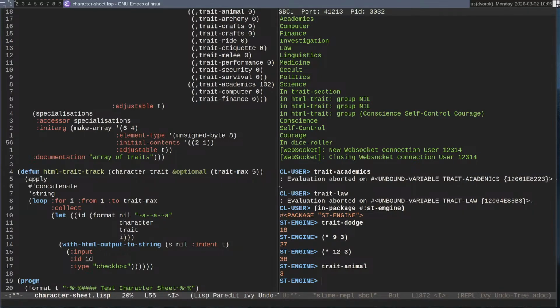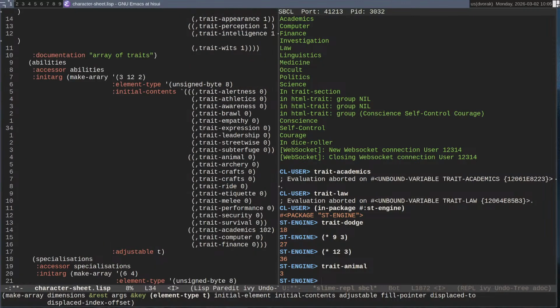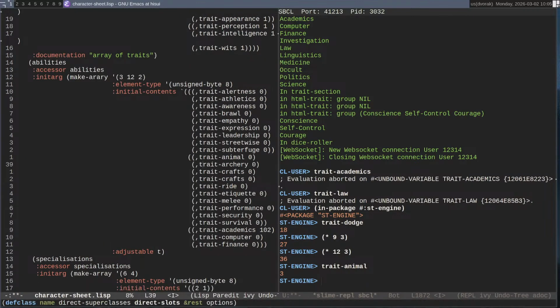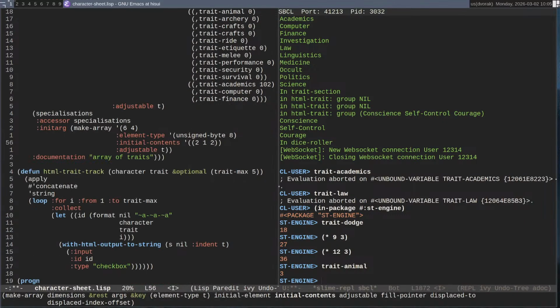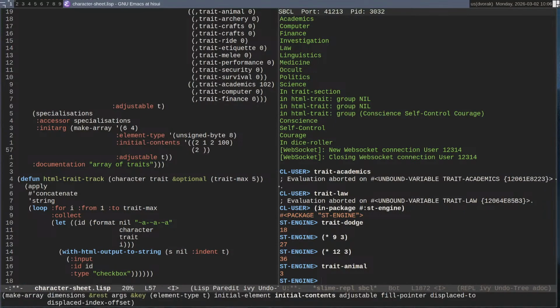That might actually be how I do that. 2 for abilities, 1 for skills, and then it's in position 1, 2, 0, 1, 2, 2, and 100. And then we're going to have 2, 1, 3 as 101.